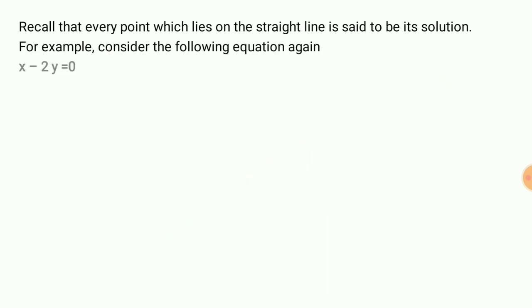Recall that every point which lies on the straight line is said to be its solution. For example, consider the following equation again: x minus 2y equals 0. The solution set for the above equation is given by,